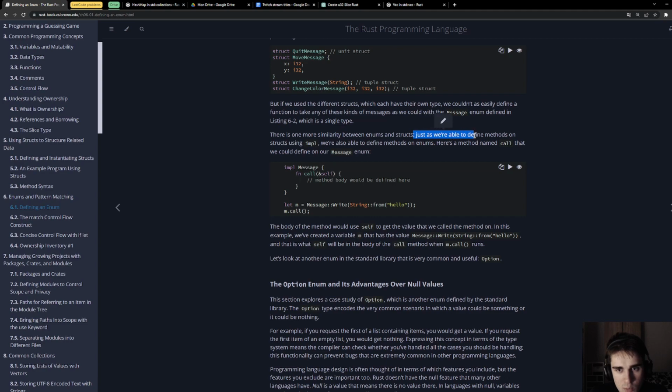Just as we are able to define methods on structs using impl, we are also able to define methods on enums. Here is a method named call that we could define on our message enum.